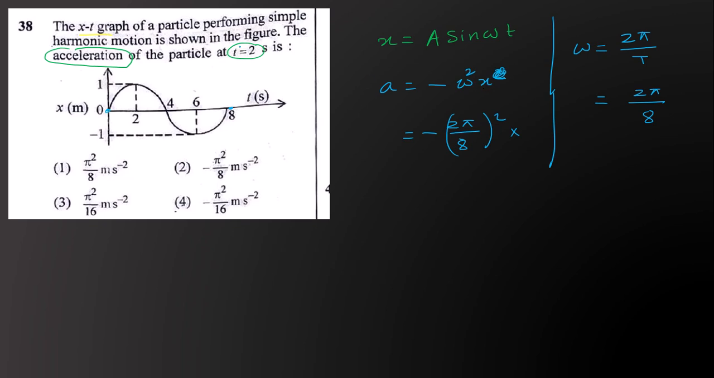But since I have to calculate acceleration at t equal to 2 seconds, therefore I will look at the displacement at 2 seconds. So at 2 seconds the displacement is this one, 1 unit or 1 meter. So this will be equal to pi square by, this is 4, 16. So 16 pi minus pi square by 16 meter per second square. Let's move